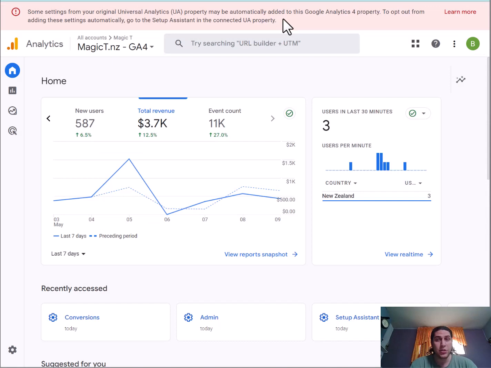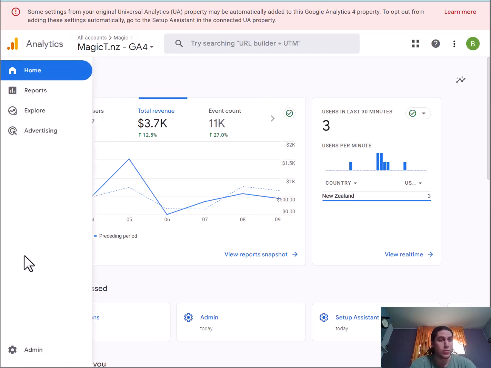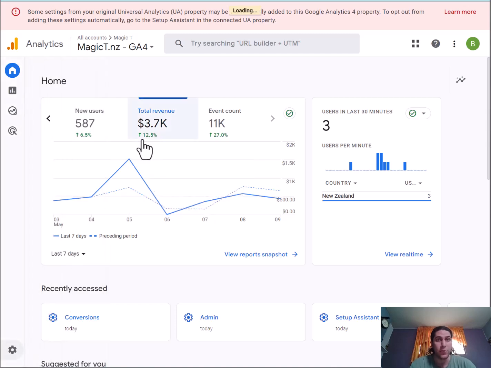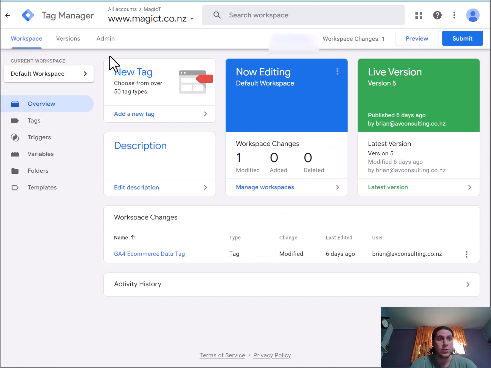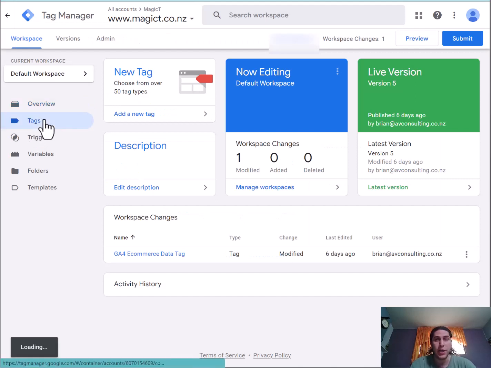So with Tag Manager installed on your Shopify site, we'll now create a GA4 account and connect it to the Tag Manager. Create a GA4 account and grab the tracking code and create a new tag in Tag Manager. So once you create the GA4, it'll give you a tracking code where you can just simply go to Tag Manager, Tags,